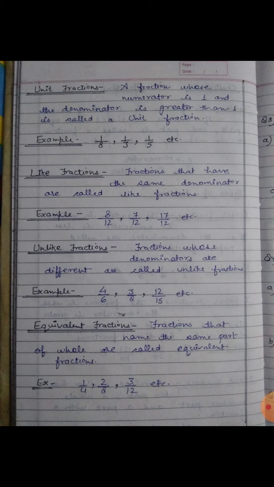So students, how are these fractions equivalent fractions? Listen and see very carefully. 1 by 4. 2 by 8 is also an equivalent fraction. How? For 2 by 8, when we divide, 2 ones are 2 and 2 fours are 8. Then 2 by 8 gives 1 by 4. So is it equal to 1 by 4? Now come to 3 by 12. 3 ones are 3, 3 fours are 12. So 3 by 12 is also equal to 1 by 4. So these fractions are called equivalent fractions.